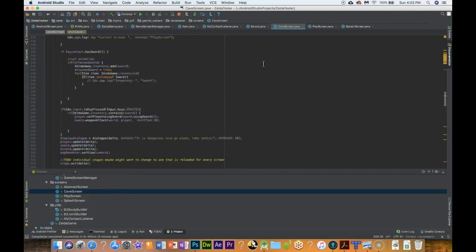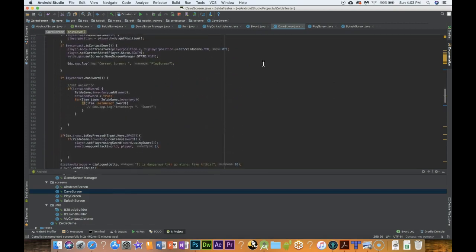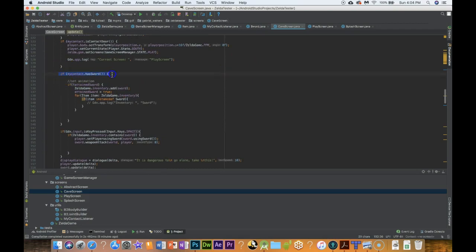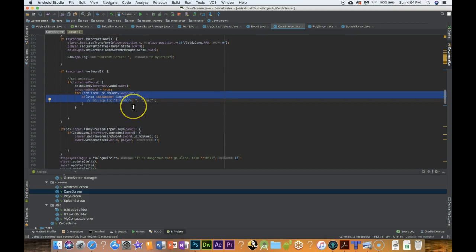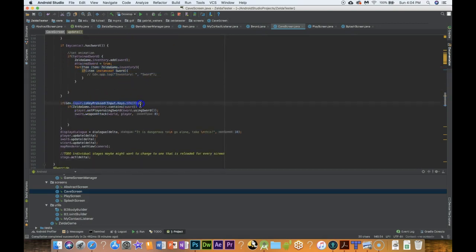So when I am collecting it on my update, this is it right here. So that's the callback from my contact listener. If he has a source, that's a Boolean value. And then I'm adding it to my Zelda game inventory. So that's my single instance of the inventory. And then I say that I attain the sword as true, so I don't end up continually trying to draw it in my render method. And then here, I can do whatever I want with it. So the same with when I push space, I'm checking to see if it's actually in the inventory. If it's in the inventory, then I can actually